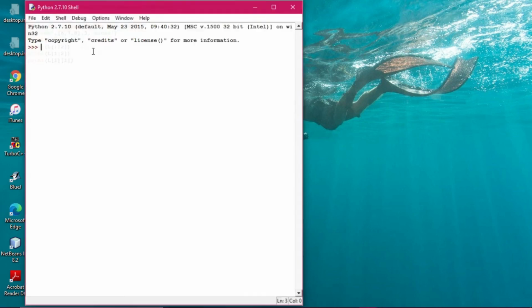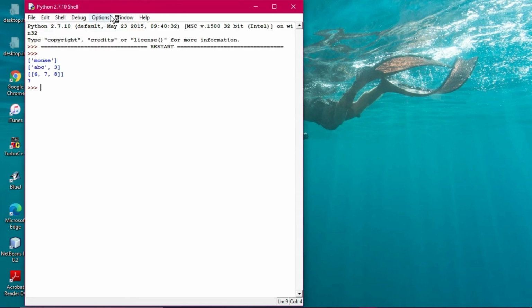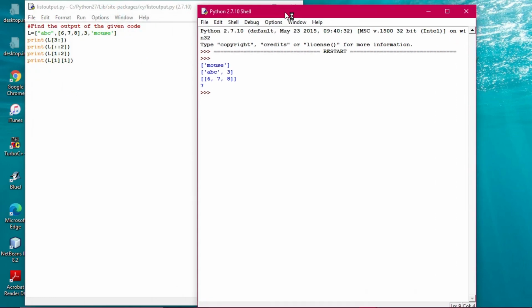Now when executing this program, we do run module. This particular output has come. Now you can count how it has appeared: 0, 1, 2, 3 onwards. That means mouse will come only from 3 onwards, since the colon is given after it.